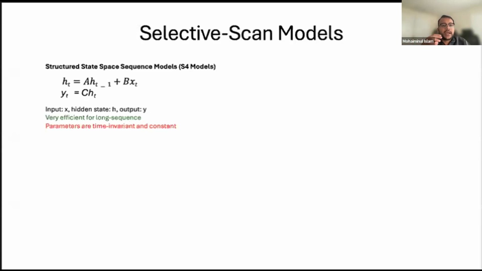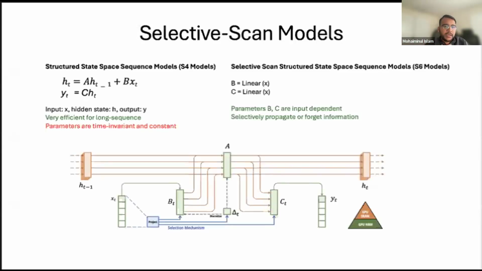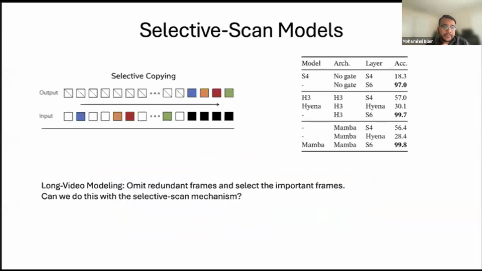Therefore, they don't have any way to explicitly select from the input sequence. So recently, an improved version of the state space model has been proposed, called the Selective-Scan state space model, which has been used in Mamba LLM. Here the difference is that now parameters B and C are input dependent. So now the model has a way to selectively propagate or forget information, and it has also been shown to be successful in various tasks. For example, in their paper, they have shown the advantage of this Selective-Scan mechanism in an artificial